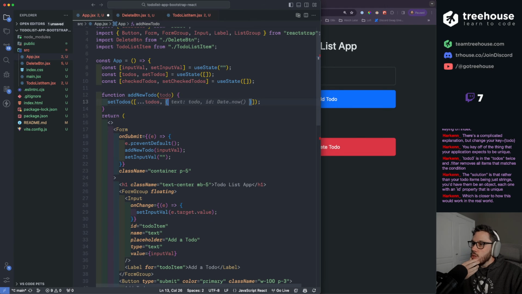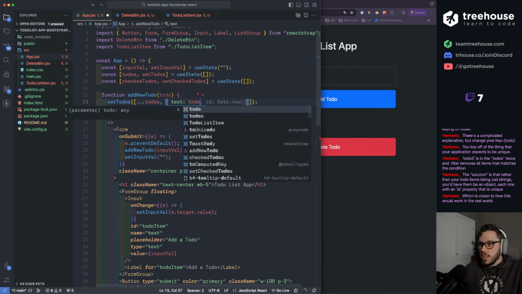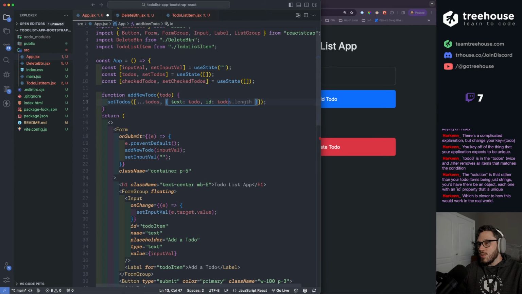So whenever I'm creating a to-do, would I just set the ID to the to-do as well? So I could say text is the to-do, and I could do ID to-do, because that would still be unique. I just don't know if that would be the best thing to do.